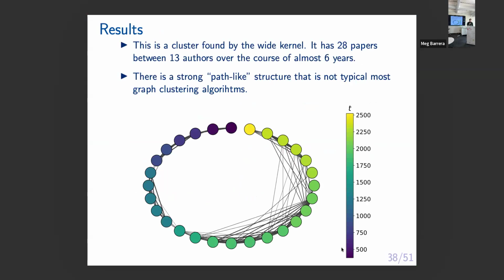If the kernel is narrow, most of them have very few papers in them. If the kernel is large, most of them have a medium number. I don't think it's exactly power law, but it's definitely not concentrated. Some of them have a lot of papers, some of them have very few, and there's a sharp boundary at the minimum number of papers to be considered a cluster.